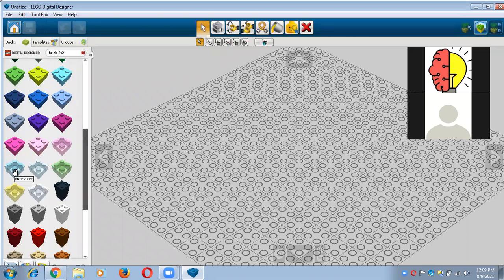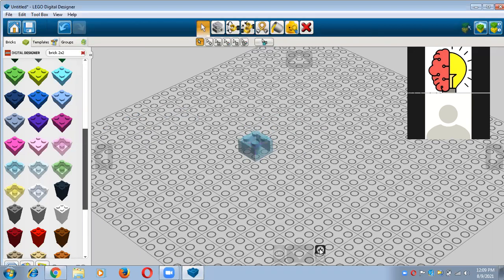So just click on that and just drag it onto your work plane area. Right now I'm going to maximize the work plane area so that you can easily understand, right?